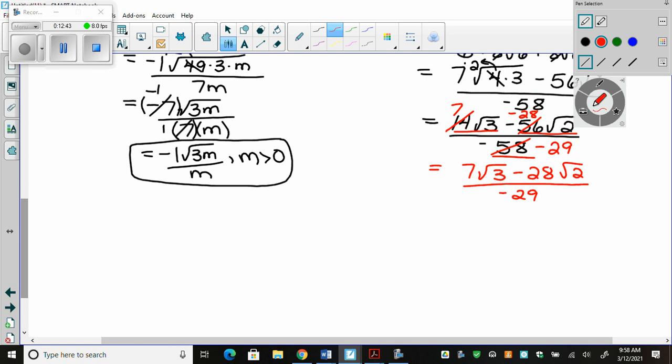Yeah, they're just taking out a negative 1. So this is what I need to send home to you. If your answer and the answer on the test are the exact same numbers in every single way, but every term is a different sign, it's the same answer, because they're just taking a negative 1 out of here and moving it up to here and distributing it through. And if you don't believe me,